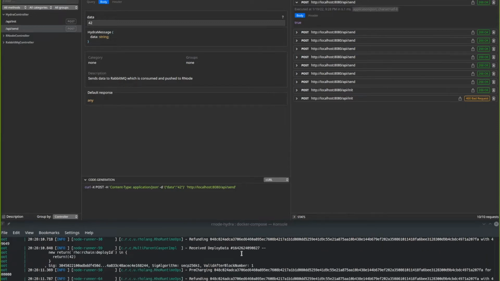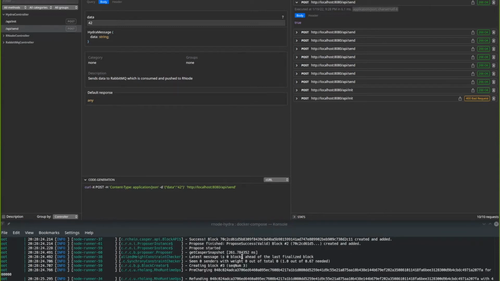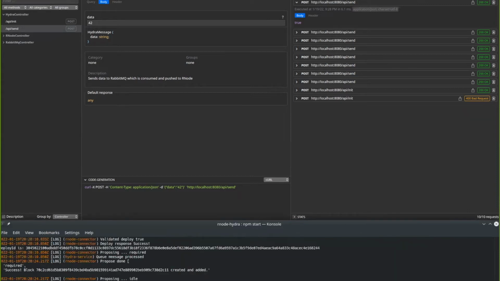I have a very simple code that will see if new messages are still waiting, and it will create another block. When all messages are processed from RabbitMQ, it will stop. And we can see here in the log, the queue has processed all the messages. This is all that I want to show. If you have any questions.